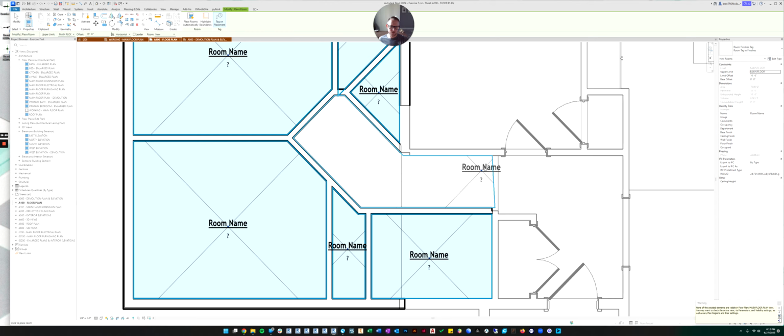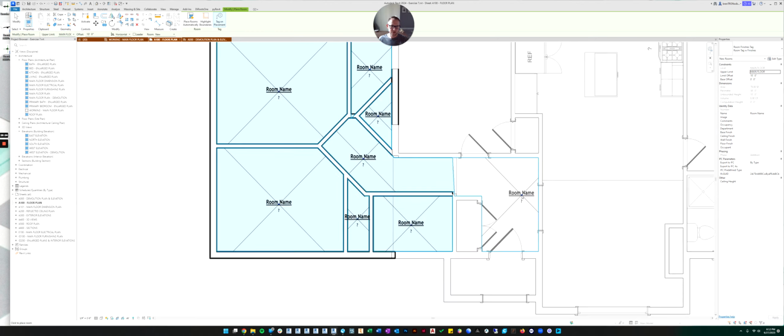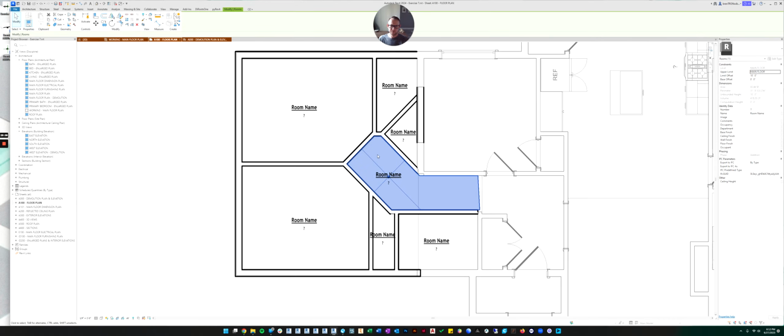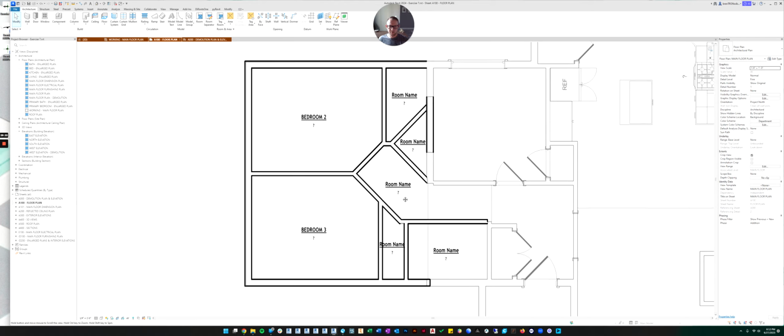And now, because we drew that line, the hallway is a separate room from the entry. Because we still want the entry to be the entry, we just want this new hallway. All right, and then you'll go through and you'll name these. Bedroom 2, bedroom 3. And go ahead and go through all of them